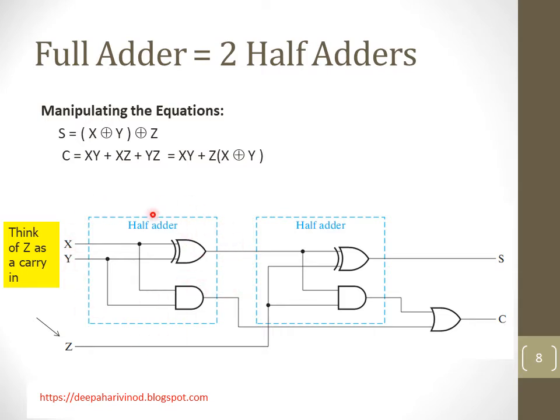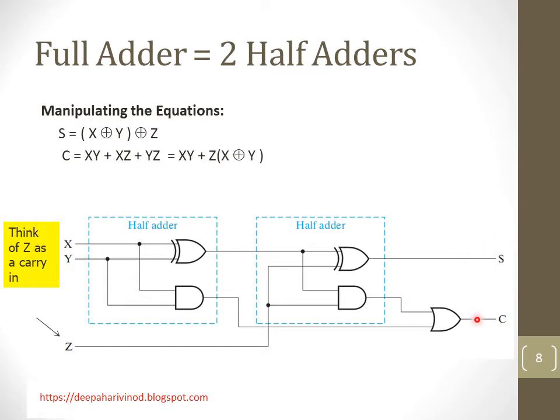Now by using one more half adder, I should get the full adder output. So I am going to draw one more half adder, that is, one more XOR gate and AND gate. What input should I give here? Here I got x XOR y. Now the remaining part is XOR z, isn't it? That should be XORed with z. So x XOR y should be given to one input of the XOR, and here I should give z. So I'll get the sum output here.